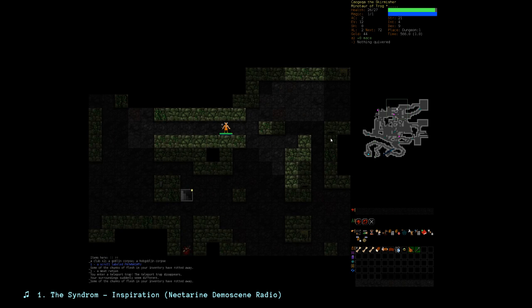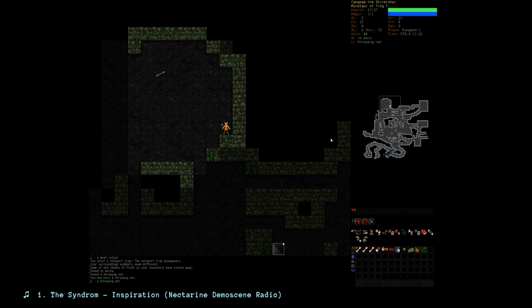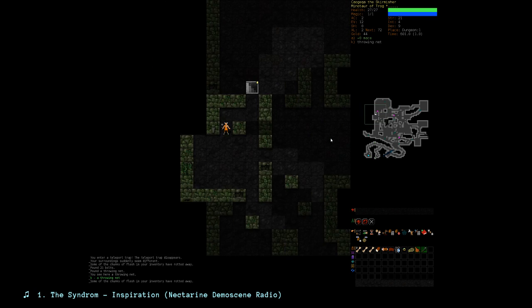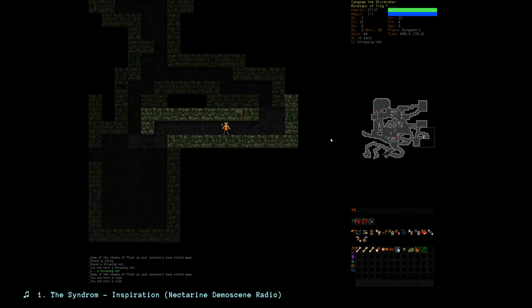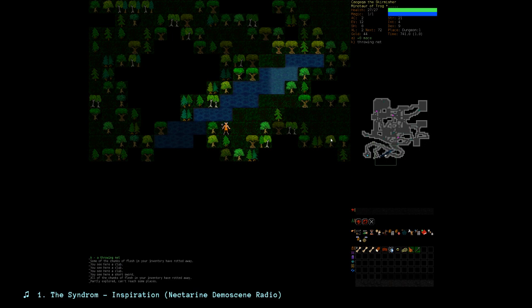Let's go this way. Got a big room here. Need a throwing net. That seems like it could be useful. I wonder if it's reusable or not. Let's go over here to this corner. Okay, we'll clear that out. And then down here where we started, is this...